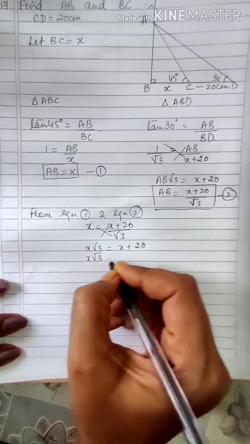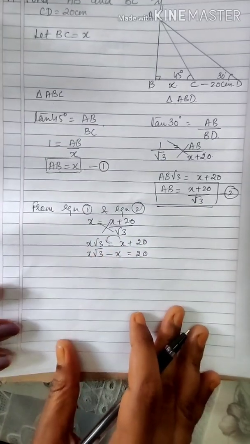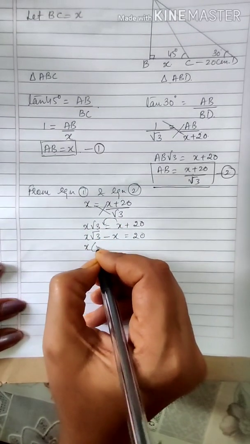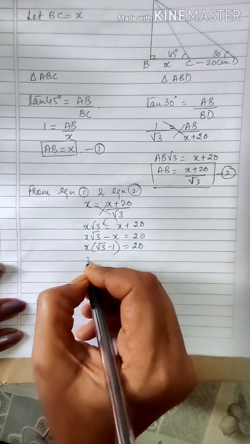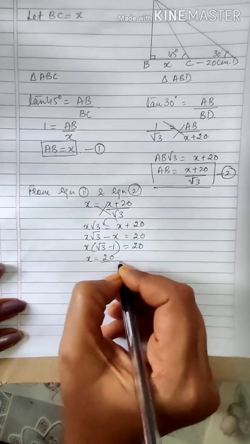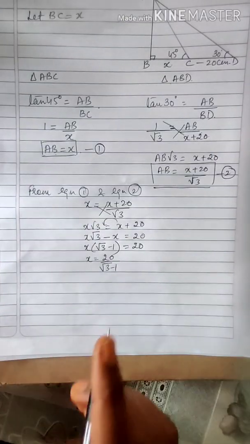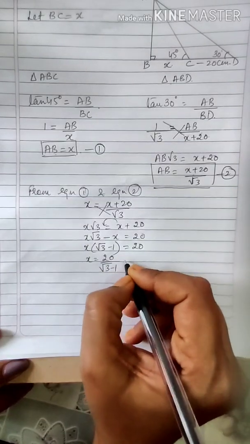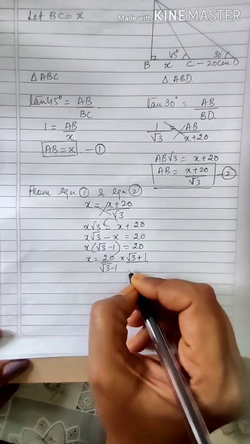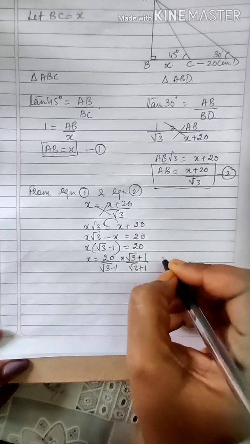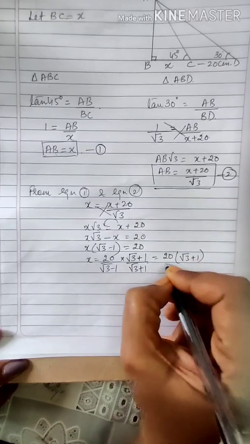So X root 3 minus X is equal to 20, transposing X to the left hand side. So here common is X, X times root 3 minus 1 equal to 20, or X is equal to 20 upon root 3 minus 1. Now since you have an irrational number in the denominator, we will rationalize, and the rationalizing factor will be root 3 plus 1, which will give you 20 of root 3 plus 1 upon